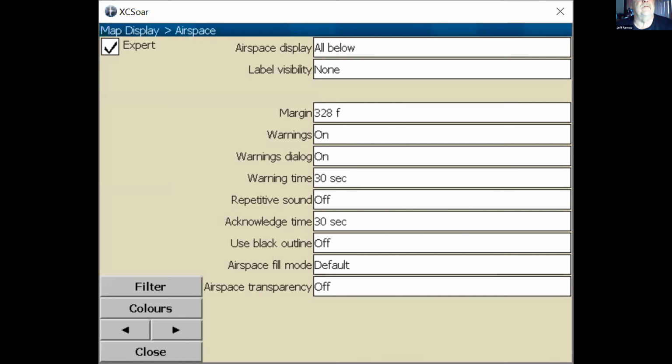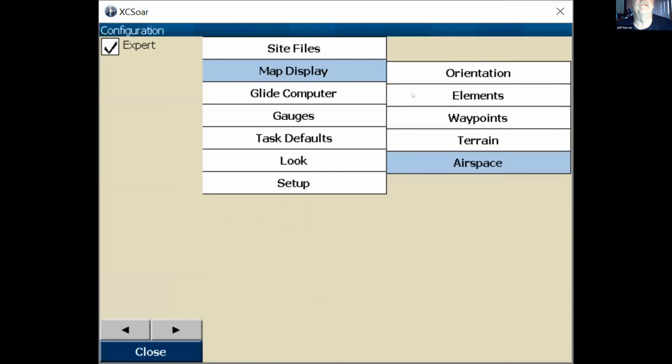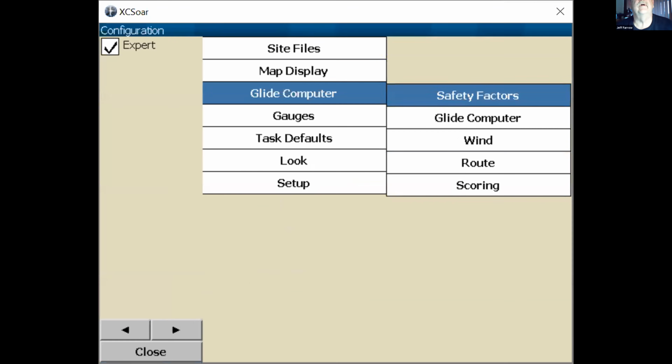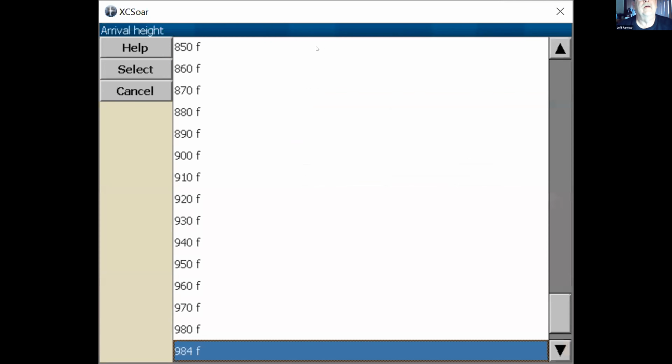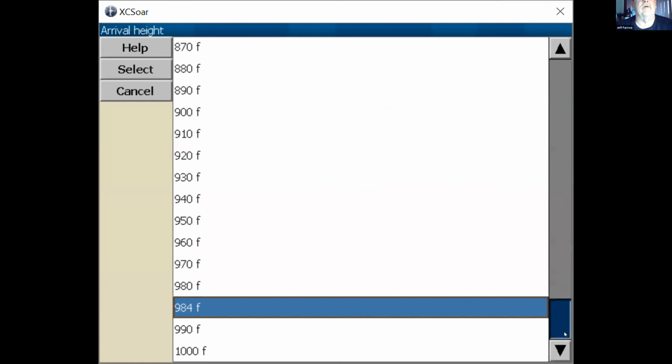Safety factors. Glide computer safety factors needs to be set. The important one here is arrival height. That's the height you want to be by the time you get back to the airfield. So various people have different ideas.